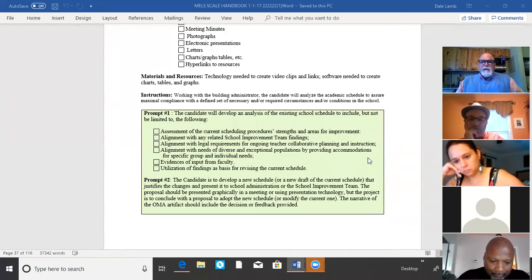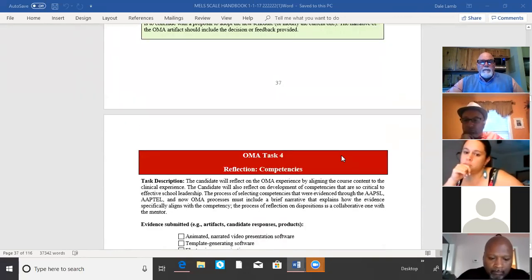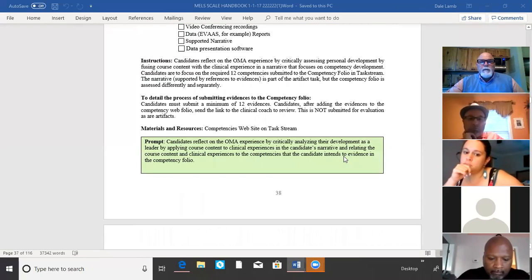You'll develop a new schedule, or a draft of the current one, that has recommendations and changes in there, and it has some narrative that says this is why. Based on this, this is why we would recommend these changes. And when you get that done, you know how to do your